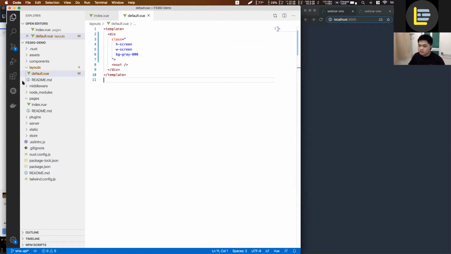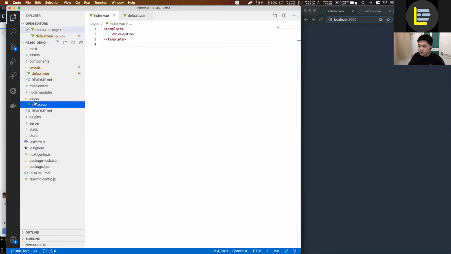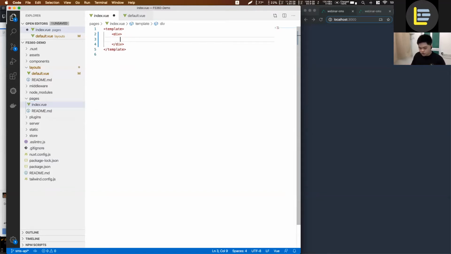And then the next thing is, because this page itself is the landing page that I want, it's very easy for you. You don't really need to create different routes for your web applications. You just need to focus on creating the index file over here. This is the index. So if I use welcome to webinar,